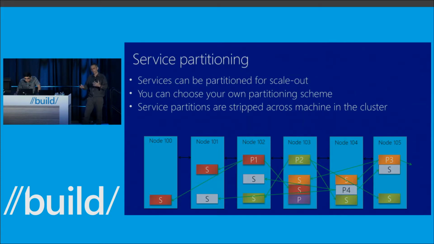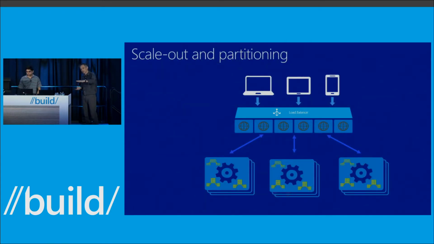So, for example, say one of those partitions became particularly hot and had a lot of data, we'll say this partition's got more than the rest, we'll find a machine that's got the best utilization of the resources, and we'll move it onto that machine. So as a result, this partitioning concept enables you to truly think about high-scale distributed systems where you simply have to understand what's your partitioning scheme and your partitioning concept. And we take care of striping and pushing those partitions across the machines inside the cluster and dealing with all the failures inside that, of course, and dealing with whether some partition is hot compared to the others and moving them all around.